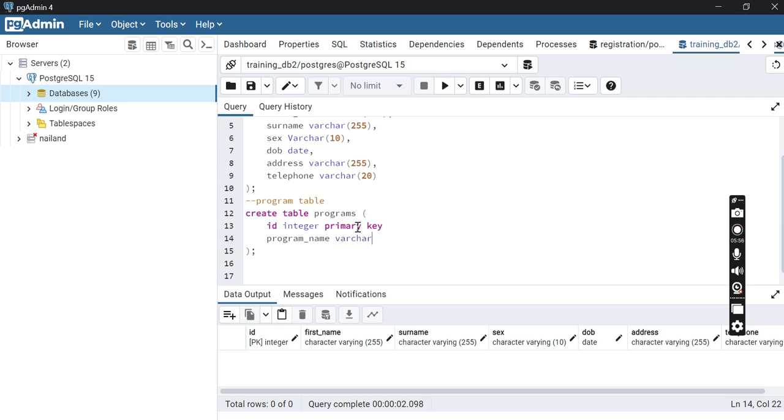As I said, varchar is called variable character. I like giving 255. There is no way the name will be more than this number of characters. So if you have the program name,